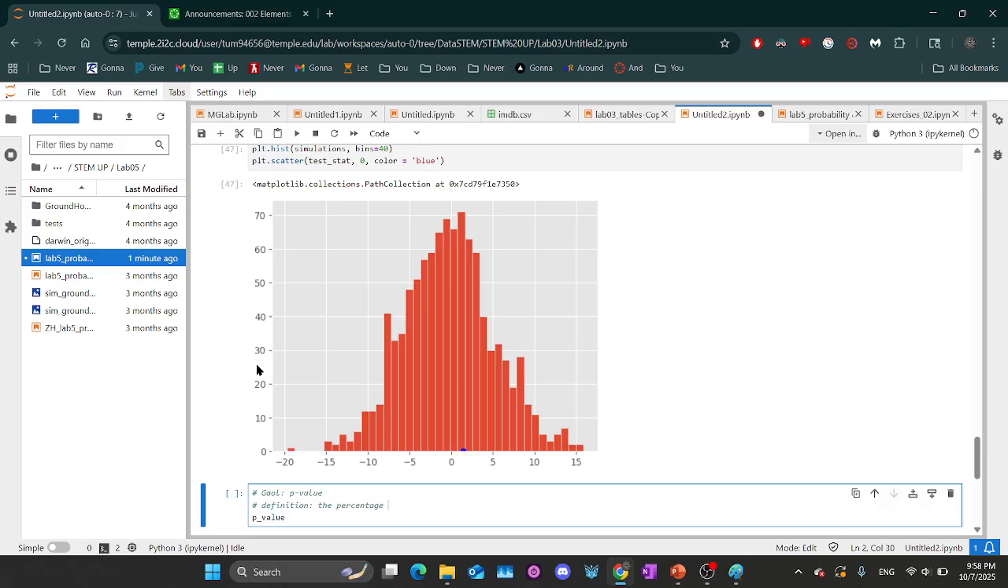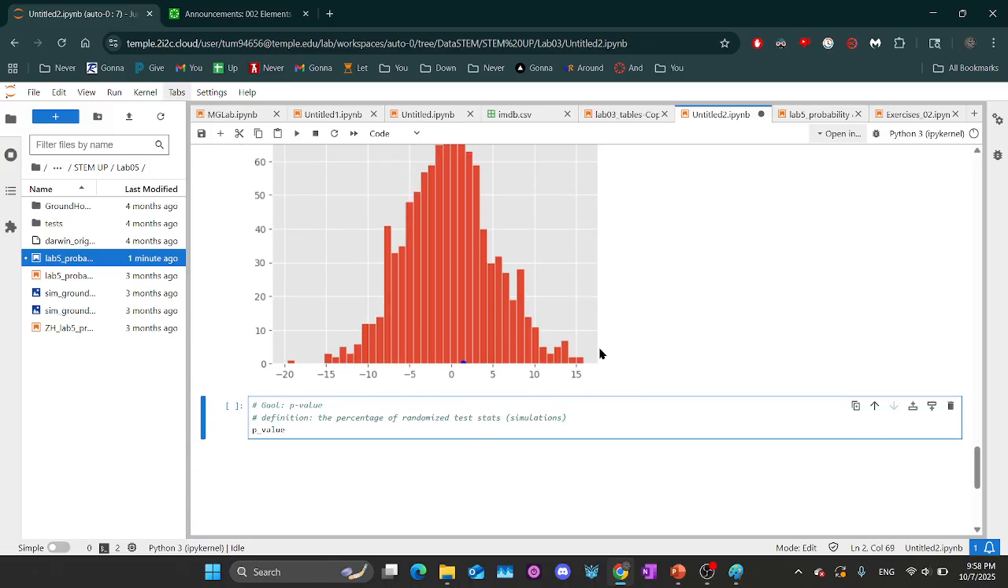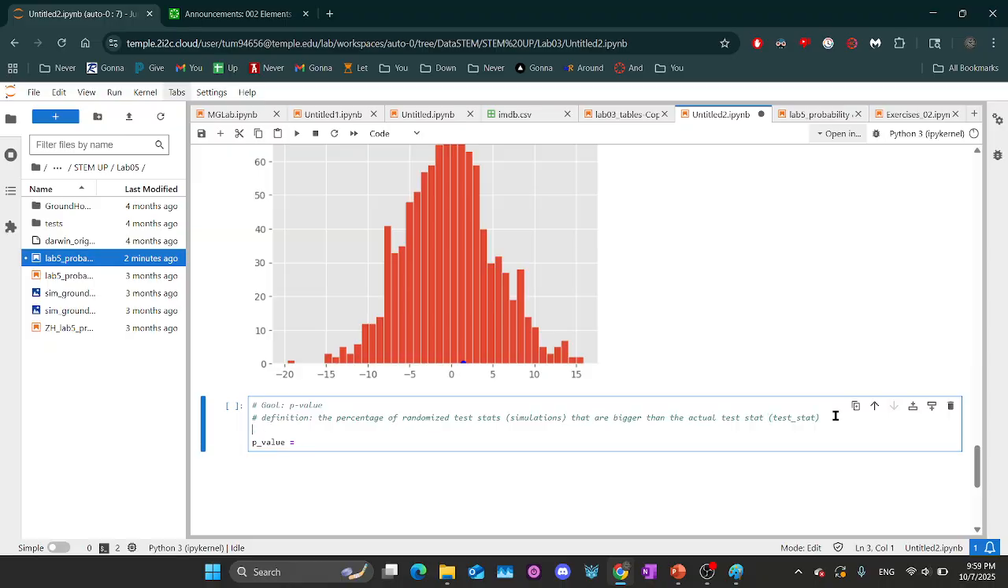The percentage of random, I'll just say they are contained in the variable simulations, that are bigger than the actual test stat, which is in the variable test stat, right? So this is pretty complicated. Your steps for this would be to